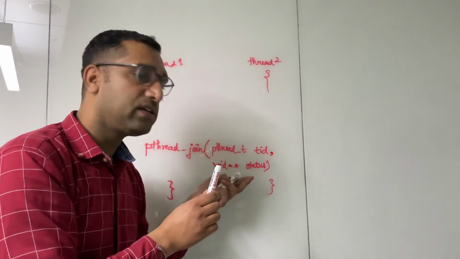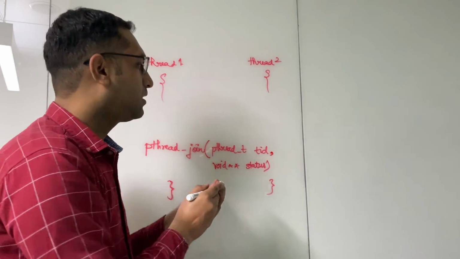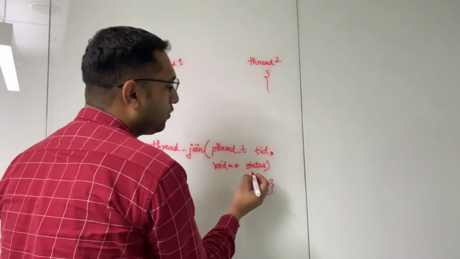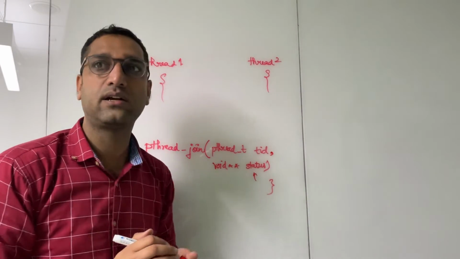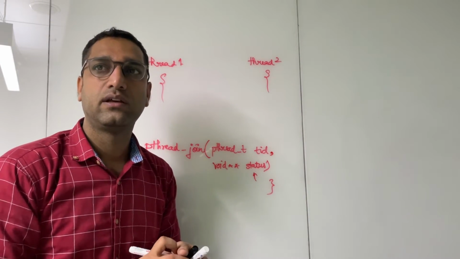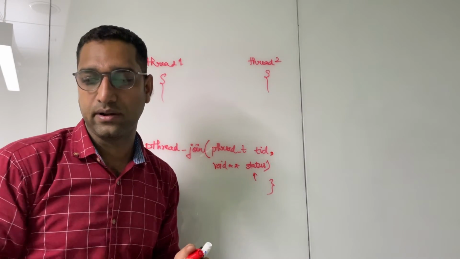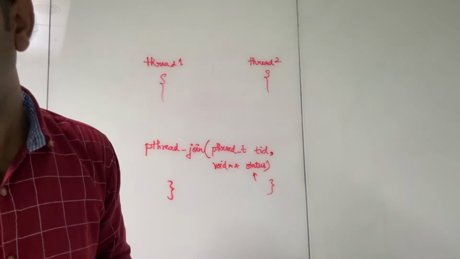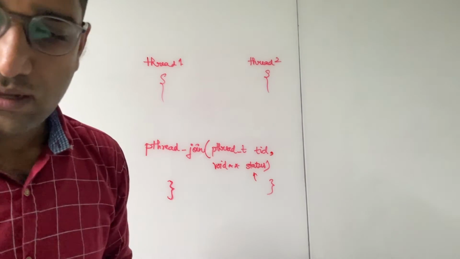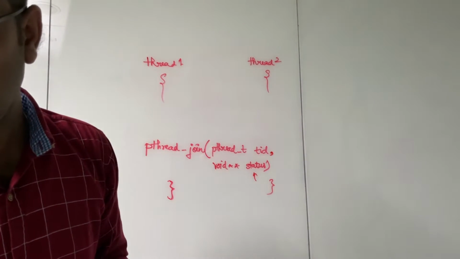If we have specified a variable here, that means the exit status of thread 2 will be reflected here, whether it exited correctly or not. Like, what was the status of thread 2 when it terminated. It may not have terminated successfully, right? So that, and next is